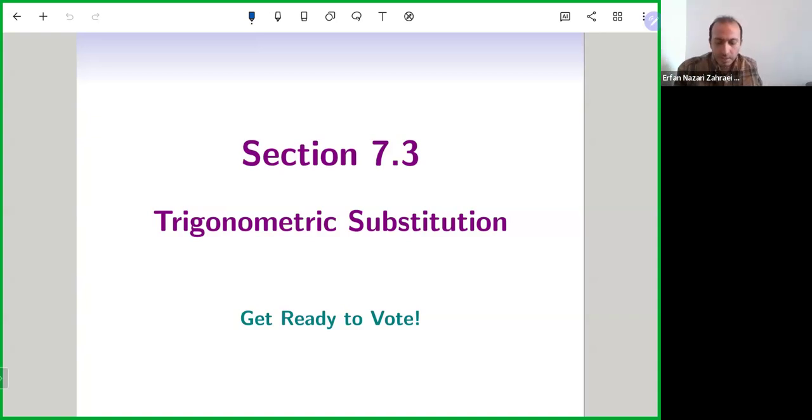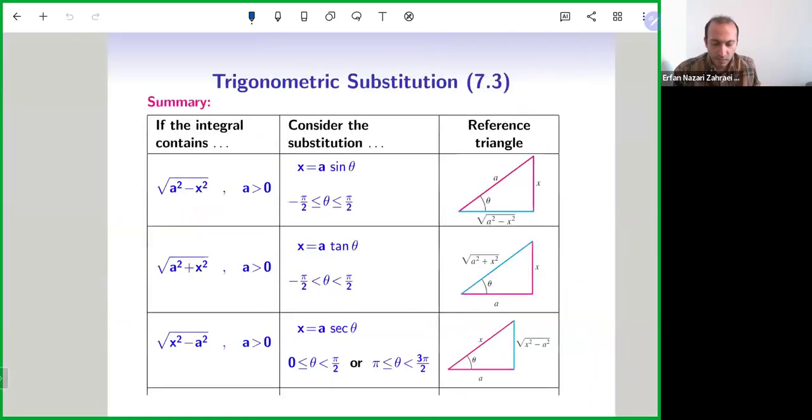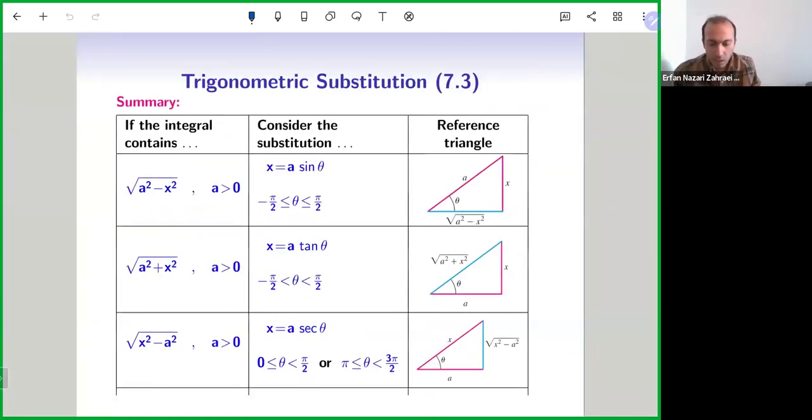This is also about trigonometric, but it's the trigonometric substitution method. It's a technique of integration that is summarized in this table. I like this table a lot. It's like summarizing everything you need. But let me explain things on the table and also give the reasoning behind everything here.